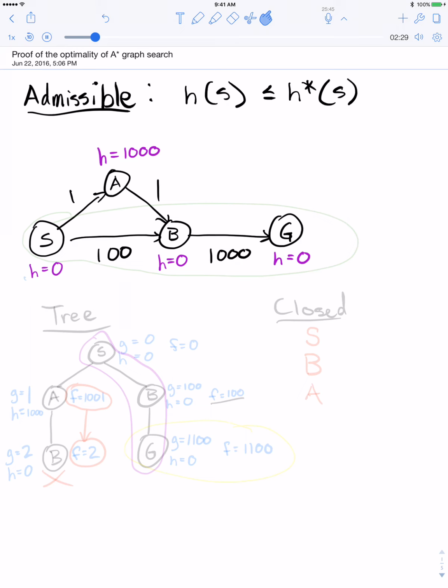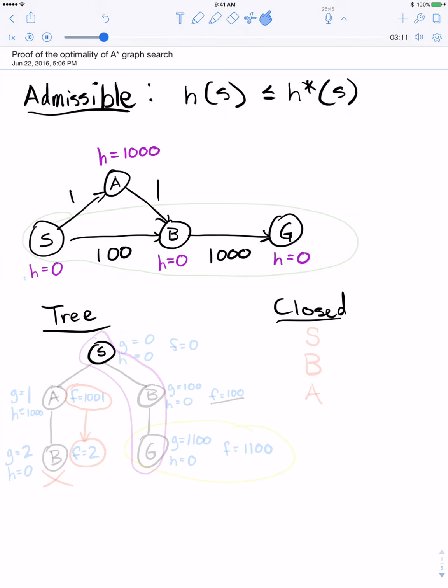Now that we're running a graph search algorithm, not a tree search algorithm, it's not enough for illustrating how this algorithm runs to simply draw the tree. We need to do that as well as keeping a closed set over here. Now remember that after we expand a node, we add it to the closed set so that if we ever take it off of the fringe again, we don't expand it again. So let's start. First thing we do is we add the start state as the root node of the tree,